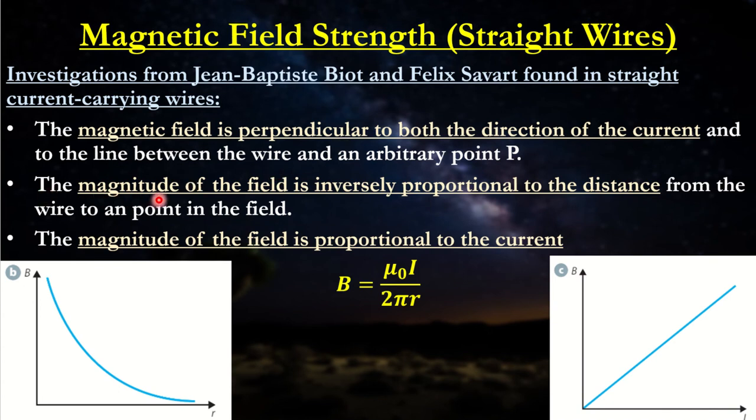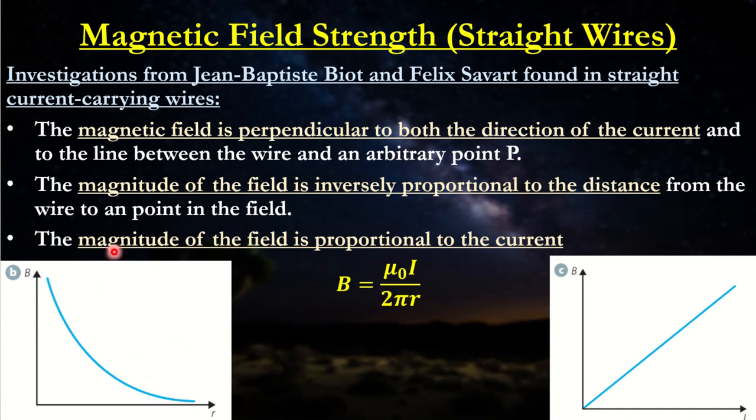The next one we have is the magnitude of the field is inversely proportional to distance. So we can see in our example that where the magnetic field is really strong, the distance at that particular point to the wire is really close. And as you progressively get further and further away from the wire, the weaker the magnetic field goes. So this is showing our inverse proportional